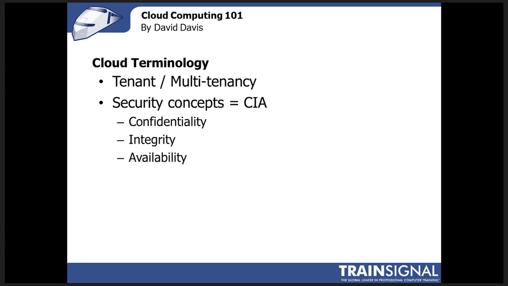Maybe the manufacturing division needs one piece of your private cloud. The advertising division needs another piece, and maybe the sales division has another piece of the private cloud. You don't want those different divisions of your company stepping on each other's toes or having problems with capacity or security.